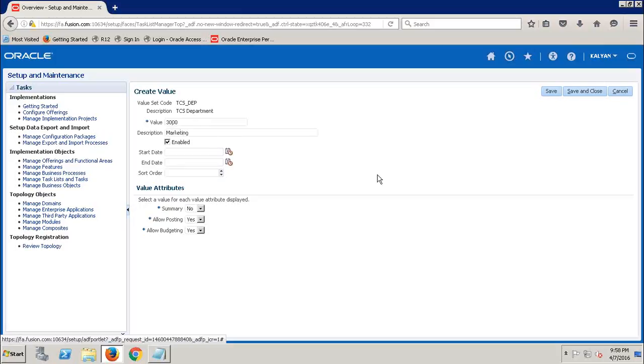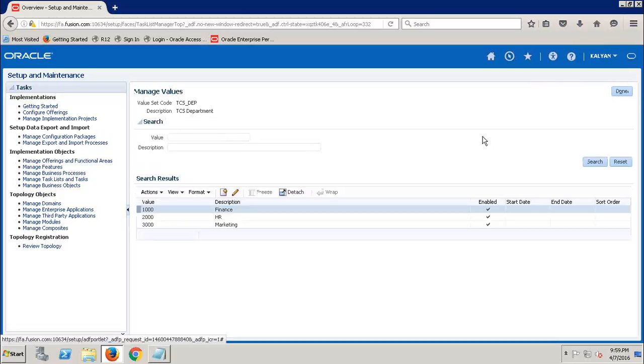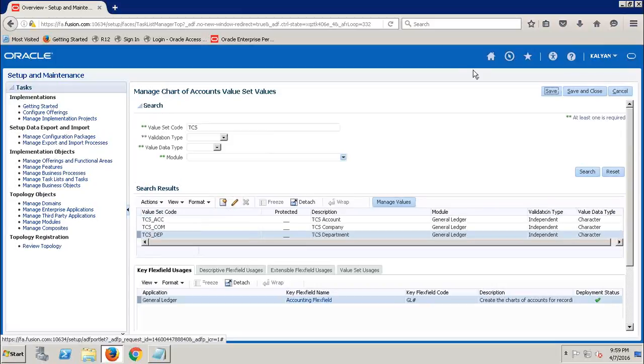The people who are working know very well; they will just go with accounts and this grouping, and the number and maximum size will be discussed with the client and maintained based on practice only. Fine, done. We created segment values for the department segment also. For that we created all the departments owned by that company called TCS. Done. Now we'll go and create the